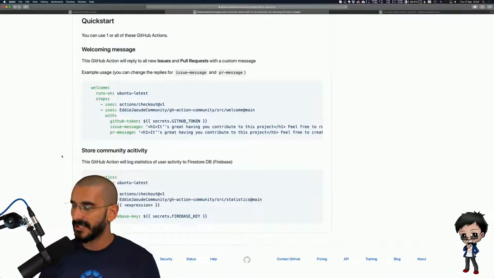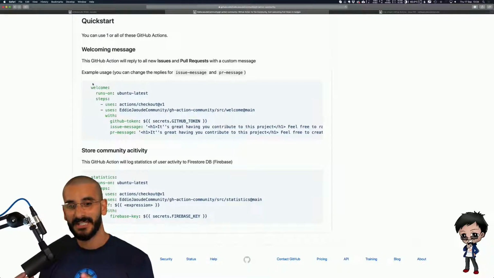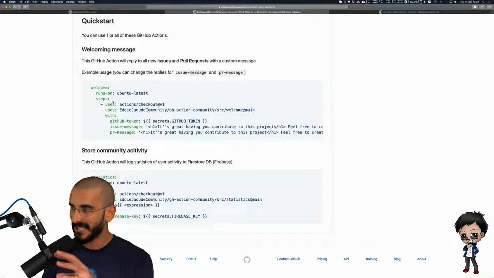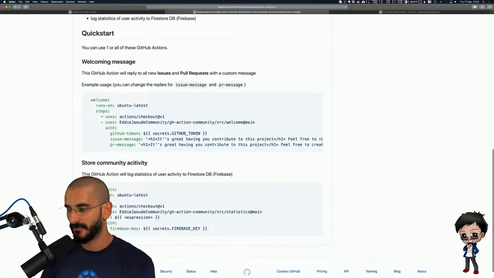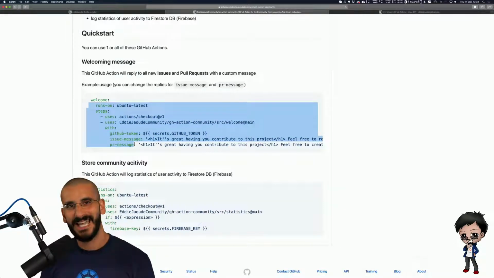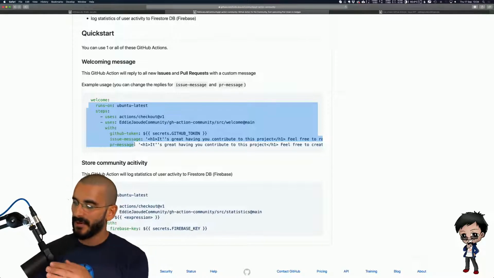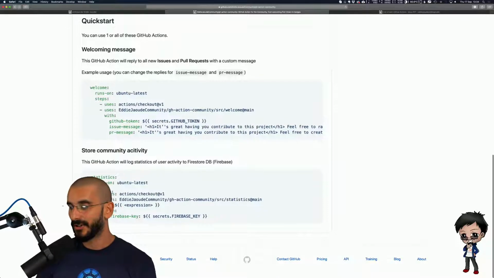Right. So as you can see, to use this action, this project contains two. So you can actually group actions together. And what's amazing is one of them is not custom, and one of them is. So it's actually really interesting. So in this action, if we include this action in any other project, this action is custom. However, in this welcome action, kind of like action inception going on here, I didn't write the welcome one. We're using another project. But the community activity one, I did write. And we can go have a look.